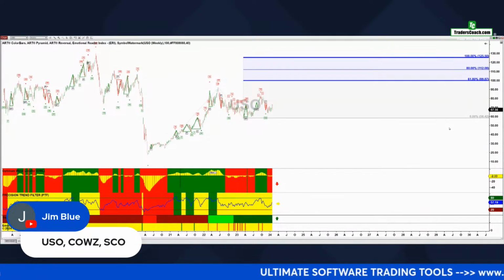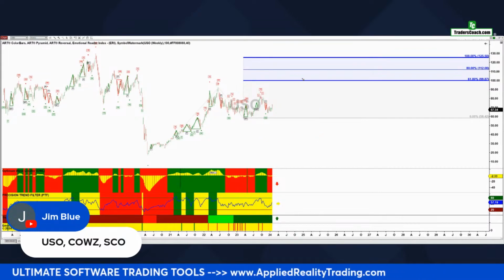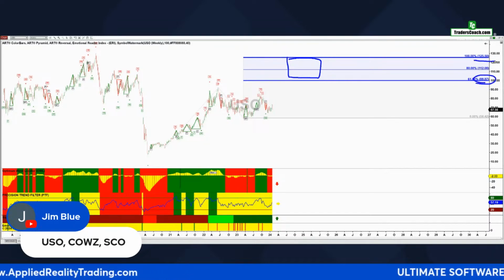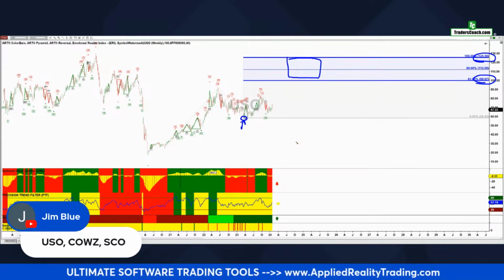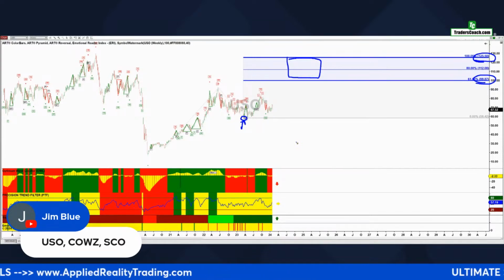So we've looked at this before. You can tell that because I've got the target zones drawn in already. And we think crude oil is going up into this area here. So that would be around 99.87 to 125.5. We got a possible bottom here. At least we're hoping that's a bottom, because any long positions here are going to do well if that's a bottom and our stop's not closer than the bottom, obviously.